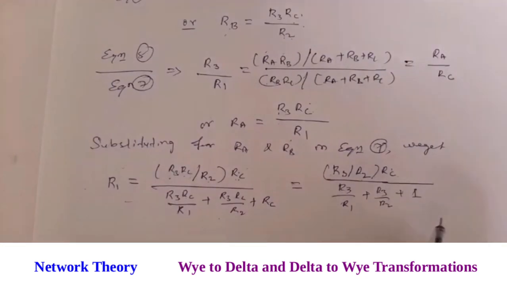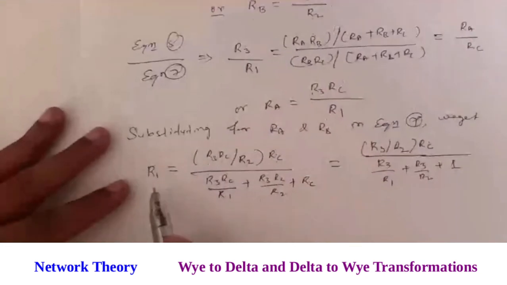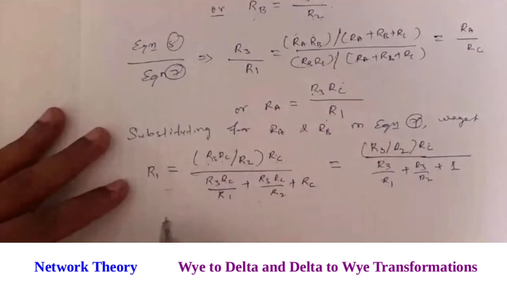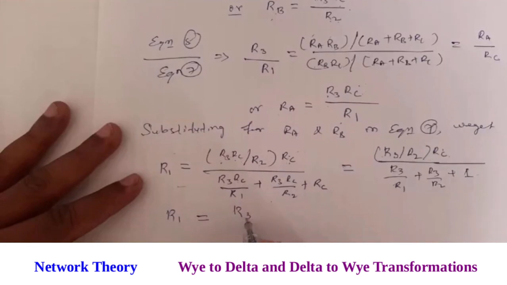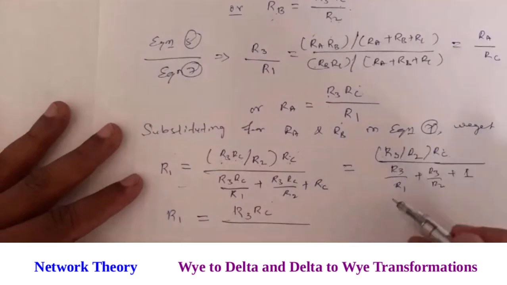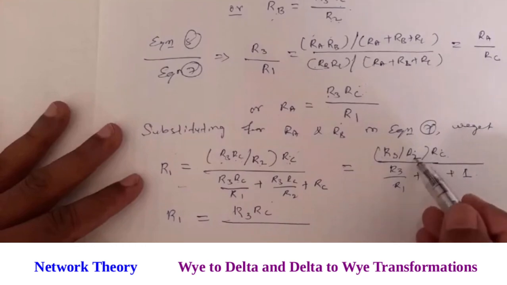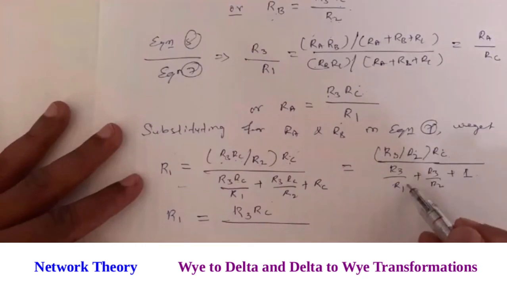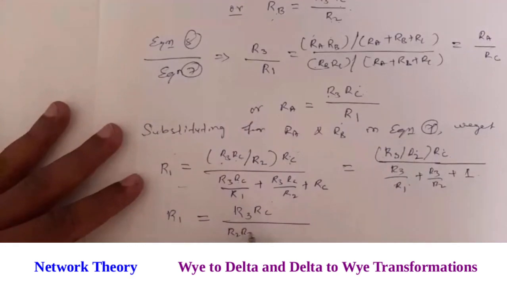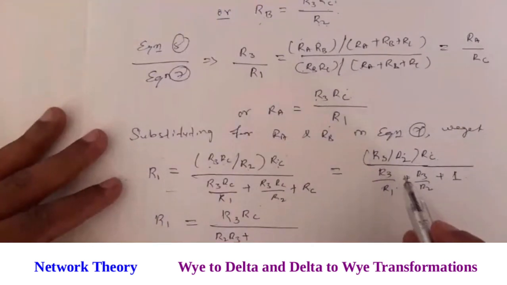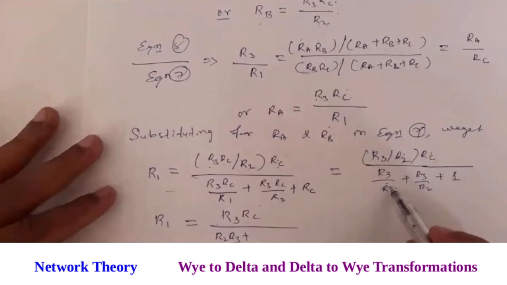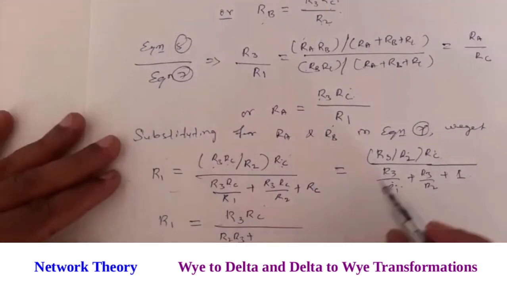Say for example, what I want is in terms of, if I write R1 is equal to, still it is R2. I'll write like this, R3 into RC divided by this R2. I'll take below. Whatever this R2 is there, if I take to denominator, what I get is R2 R3 plus, it is R3 by, if I take here R3 R2, no, just a minute. So it can be taken like this.